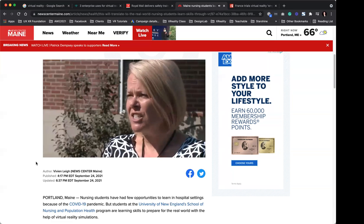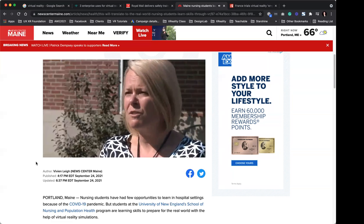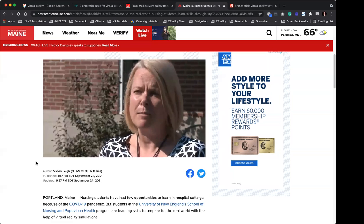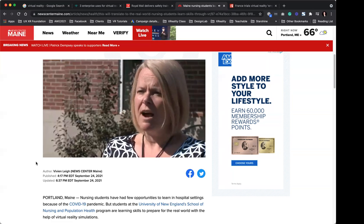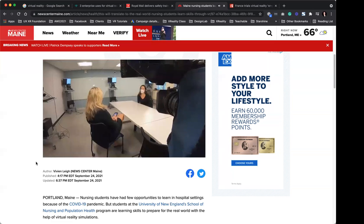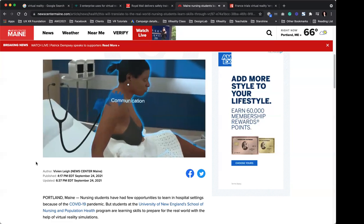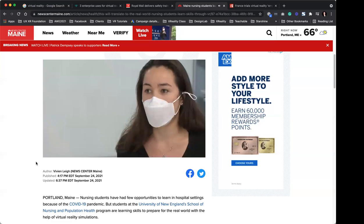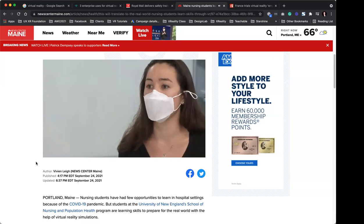Certainly with the challenges of COVID, oftentimes those units are closed to our students for learning. So being able to have the opportunity to have them experience that in the virtual reality world has been a huge benefit. Kathleen Humphreys, who is a senior in the program, says the scenarios make her feel like she's actually in the room with the patient. It does allow us to screen for more critical cases where we do really need to make interventions and call